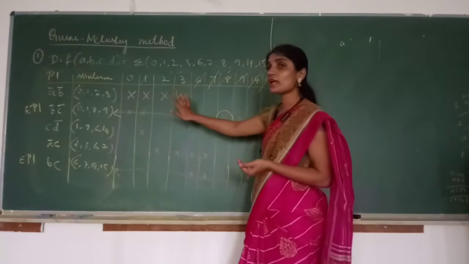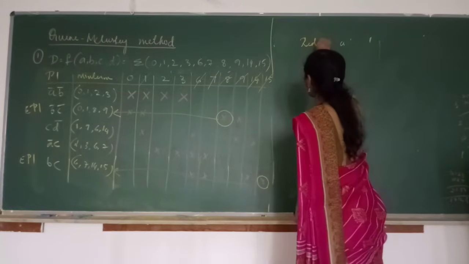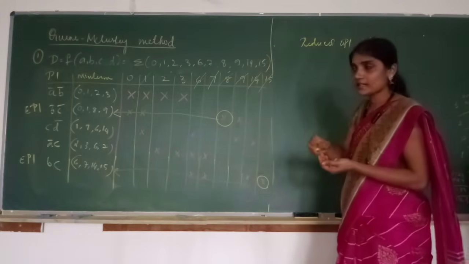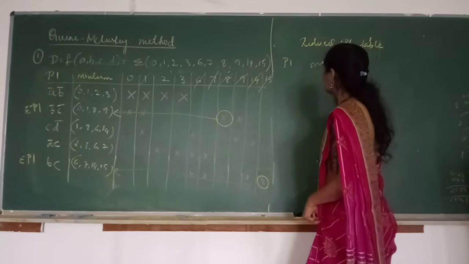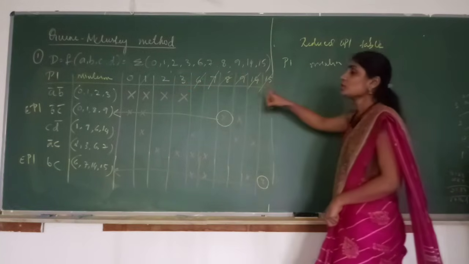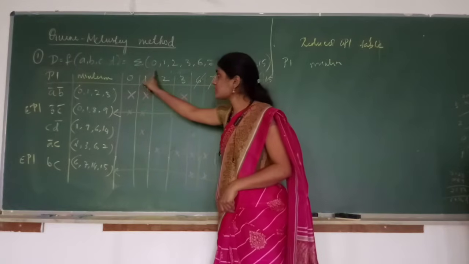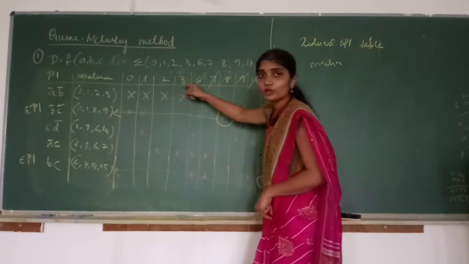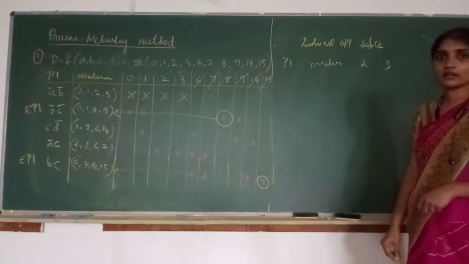This table is called the prime implicant table. The next table is called the reduced prime implicant table. So in the reduced prime implicant table, again you have the same columns, prime implicant and minterm, and here you are not going to write all the minterms. You will be writing only the minterms which are not cancelled. Here 0 is cancelled, 1 is cancelled, 6, 7, 8, 9, 14, 15 are covered. Which is not covered? 2, 3. So write only 2 and 3.